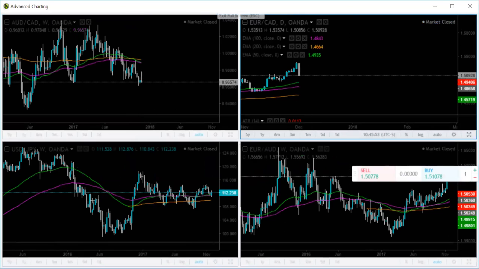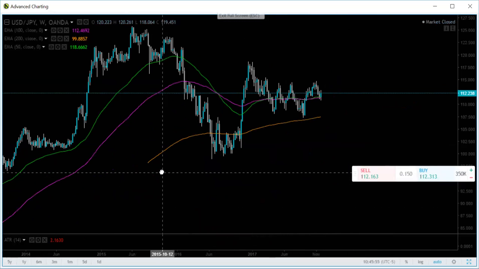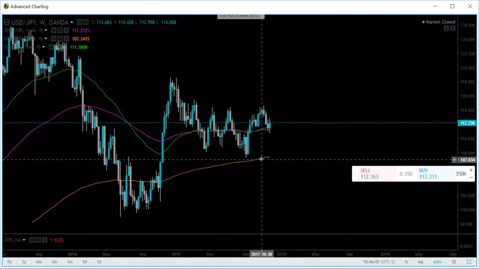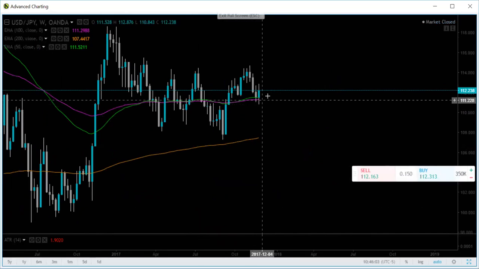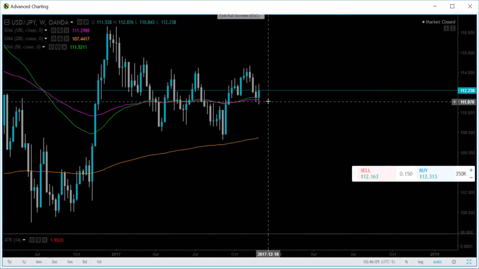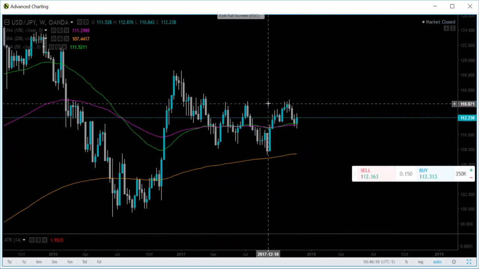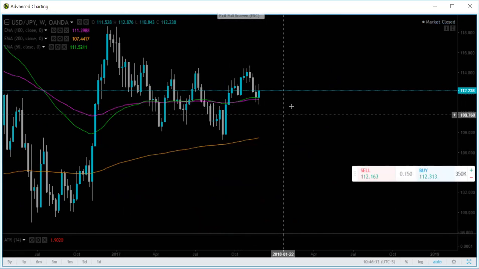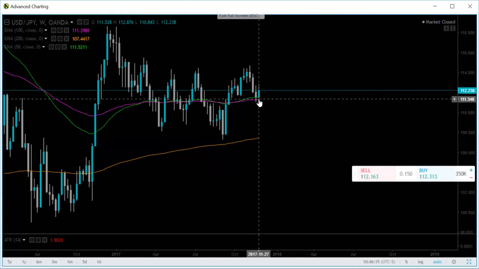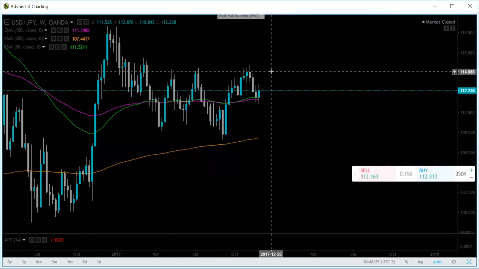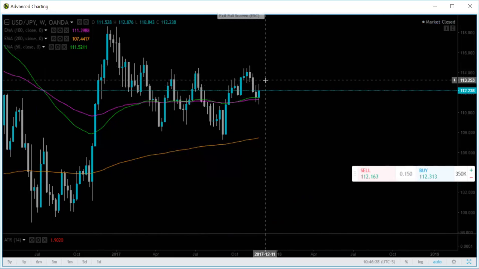And the next one that we're going to look at here is going to be the U.S. dollar to Japanese yen. Had a fairly turbulent week for the dollar. Not really a lot of clear movement what direction the dollar was going to go in with all the other currency pairs. But it does look like it could be a potential for it to continue its bullish trend from last week into the next week before we see it reverse.